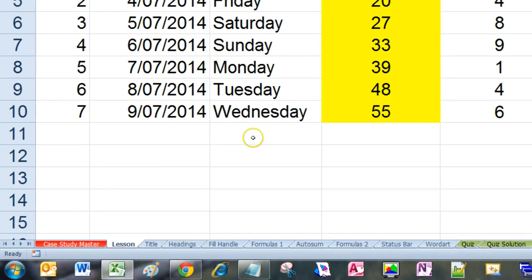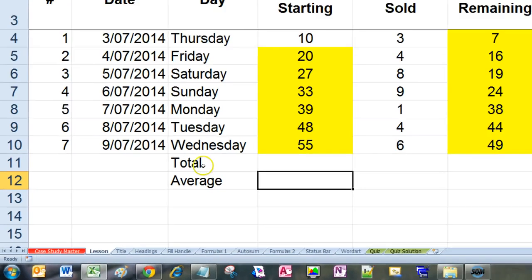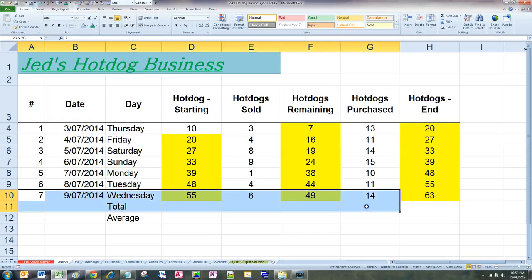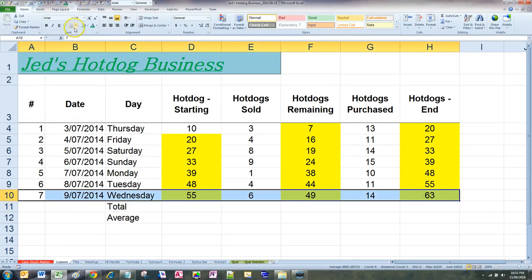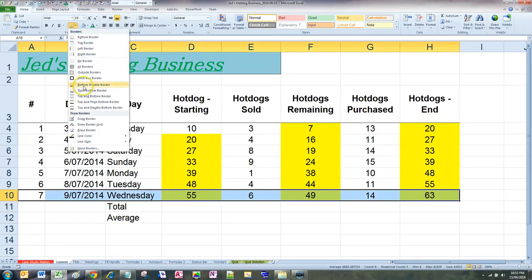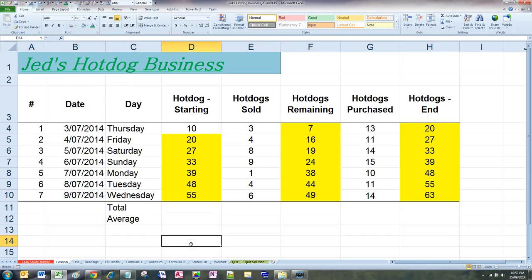First, underneath Wednesday, you want to type in total. Then underneath that, you want to type in average. Now let's just apply a little bit of a border here, just so we can separate it. Let's put a bottom double border. All right. Now what we want to do is calculate the total